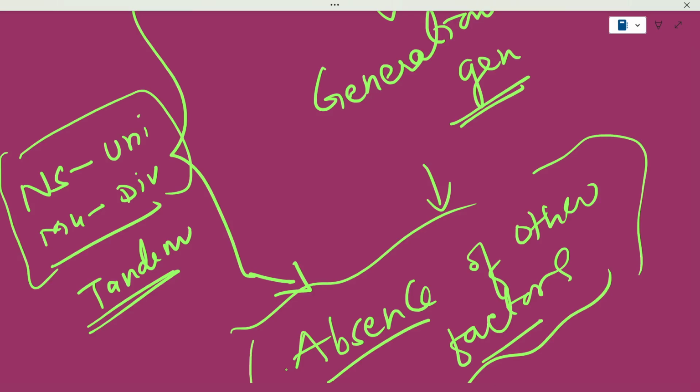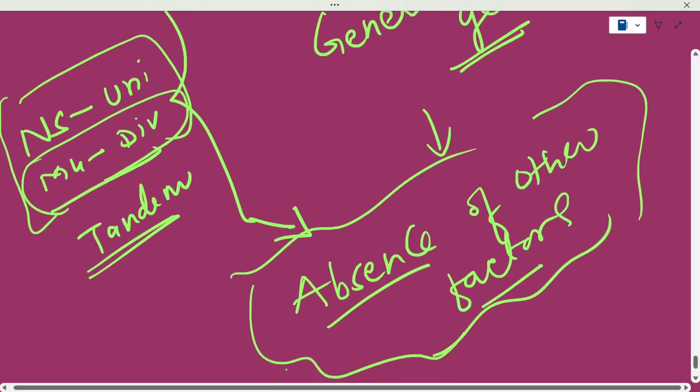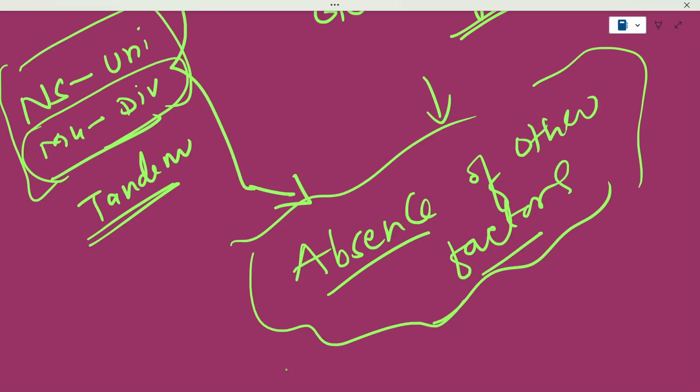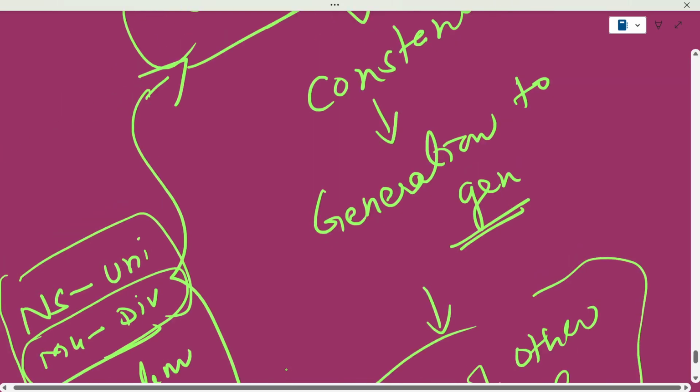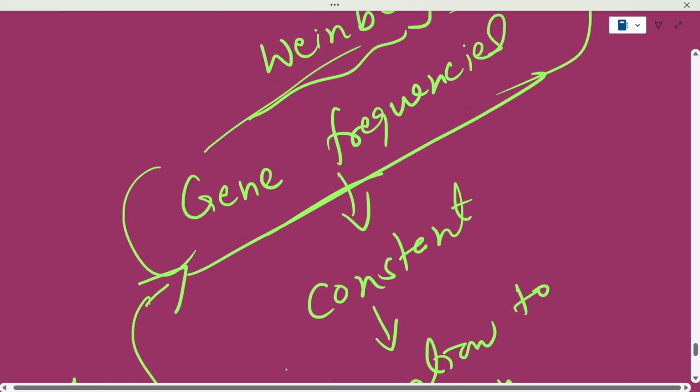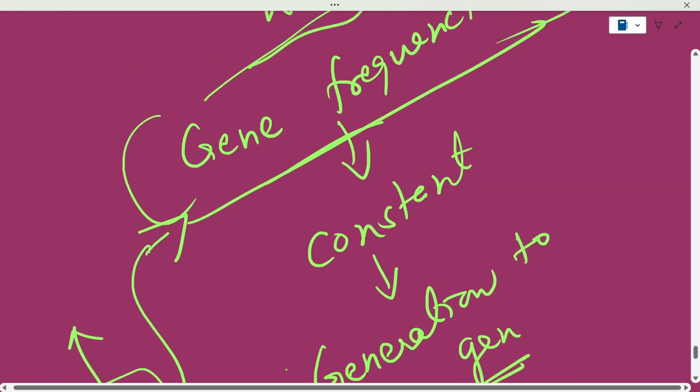ये कंटिन्यूस चलता रहेगा, और जब तक ये ऑपोजिट फोर्सेस हैं, mutation is an umbrella term which includes genetic drift, assortative mating, natural sexual selection, bottlenecks, inbreeding, outbreeding, ये सब मिला के an umbrella term mutation is formed. दोनों साथ में चलते हैं. और जो हार्डी वाइनबर्ग का दूसरा इंटरप्रिटेशन ये भी है that if other factors are present, then the genetic frequency will be affected, will be influenced in proportion to the forces exerted by other factors. खैर, वो भी दूसरे चैप्टर में देखेंगे जब भी आएगा। फिलहाल आपके लिए इतना ही है.